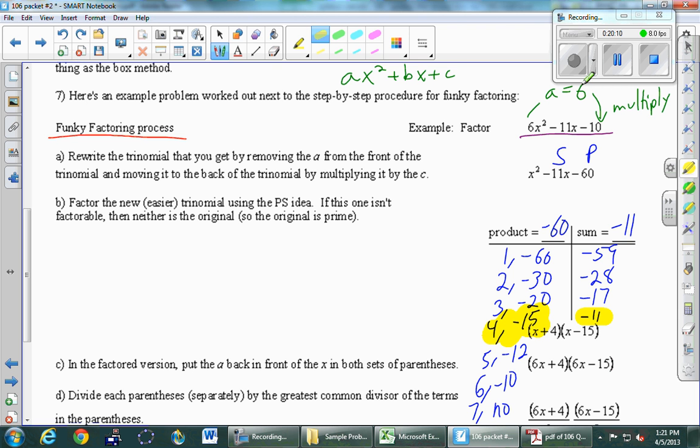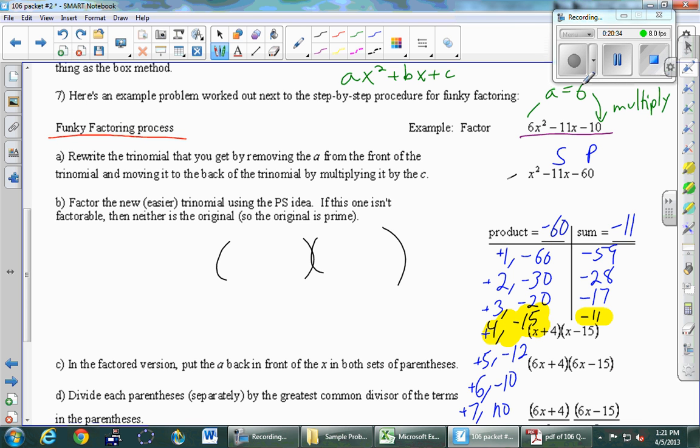Oh, I didn't follow my advice. What did I not put on all these positive numbers? Plus signs. Okay, so I'm going to write it here. You don't need to write this, but